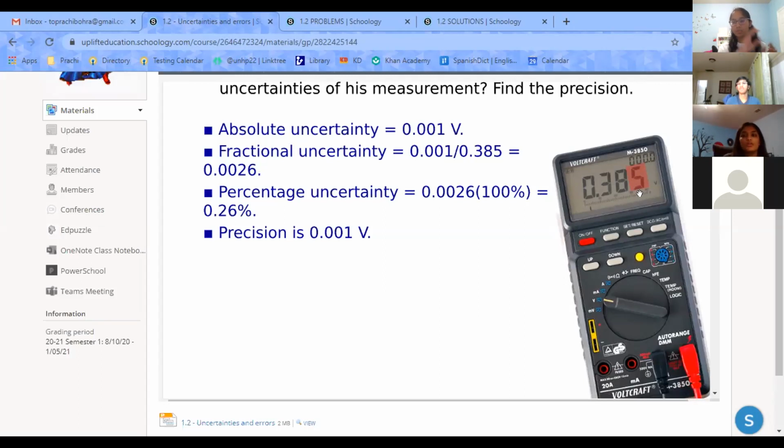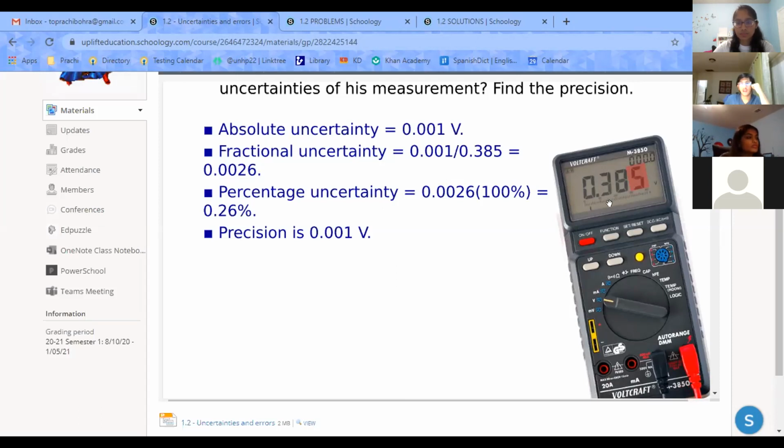Because wherever you start measuring on the ruler, that side is uncertain, and then wherever you stop measuring, that's also uncertain. So technically you have to half it, and then you have to double it again because it's uncertain on both sides. Does that make sense? This would only be for single measurements, right? Yeah, this is only for single measurements.